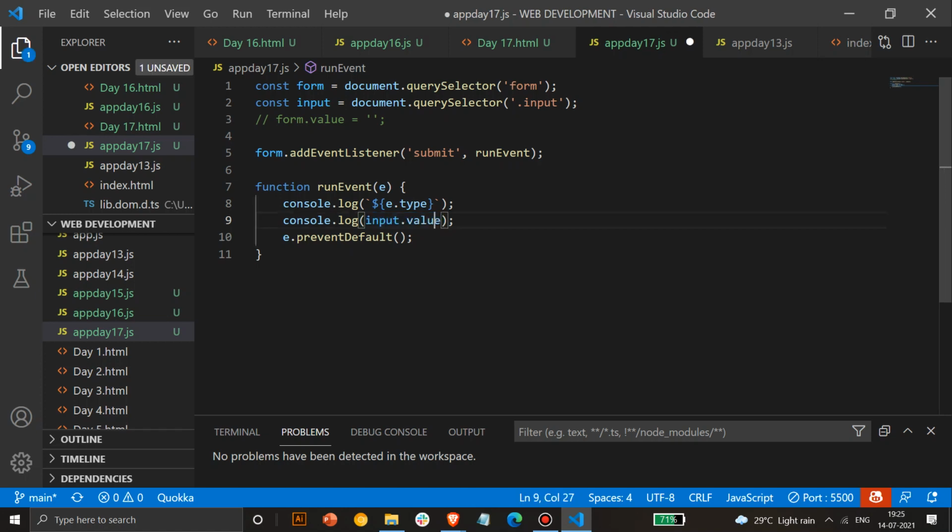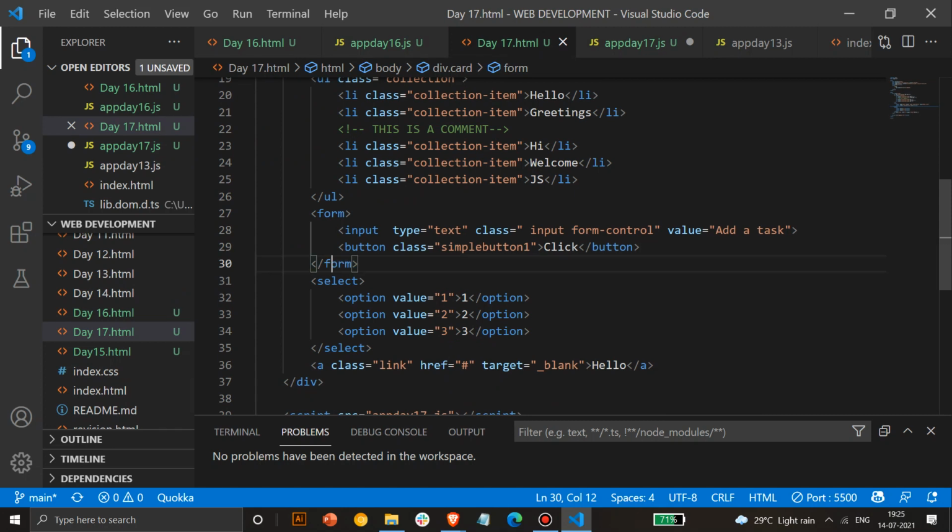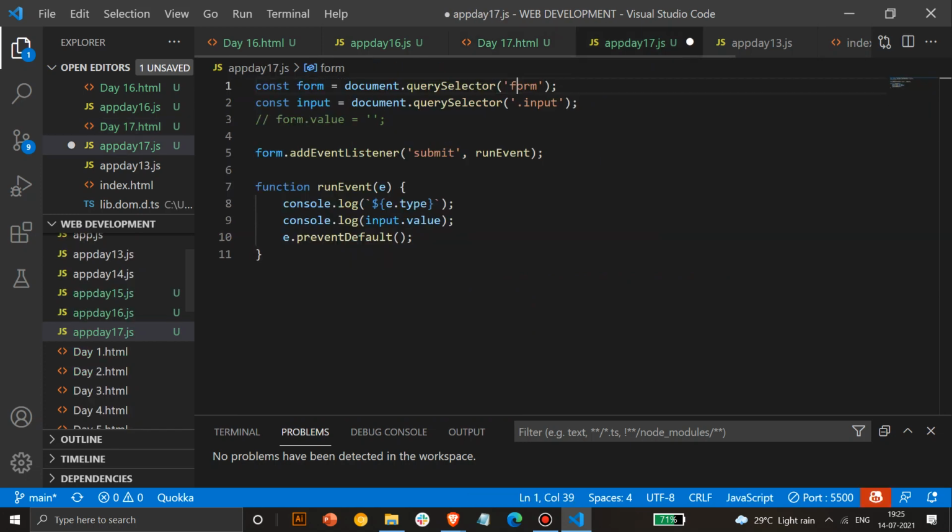What happens with the event is it will take the event and then find out the target. We don't have anything in the form element, so the target is whatever element you use. Here we are using the form element. If we use target on it, it will see what's present inside this and find the target here. But there are two elements here, so it can't identify a single target, and it will take two values. That's why it shows undefined. It gives an array of values, and that's why it can't take a specific value. That's why e.target.value won't work here. So that's an issue. We can use input.value and do the same thing.